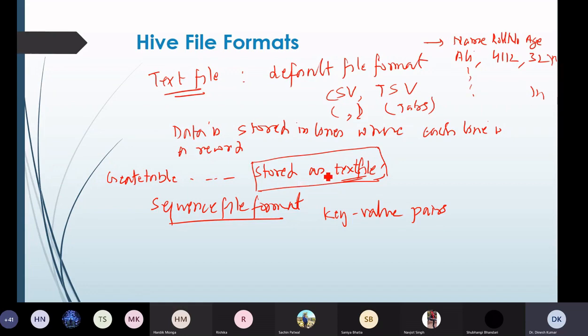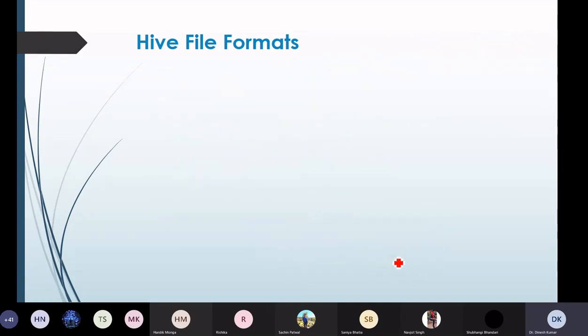There is a key value pair according to which we will separate the file, or join the smaller files into a single file. Again here we will write stored as sequence file at the end.